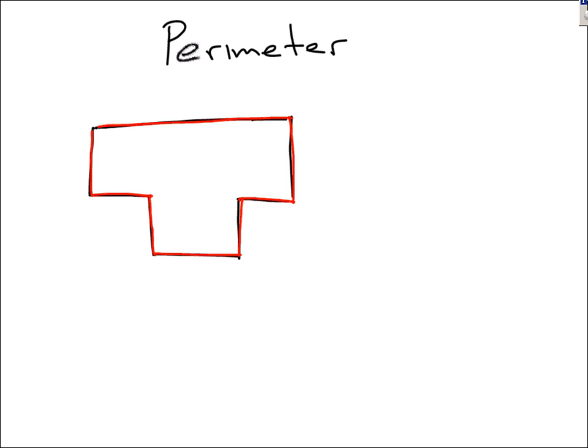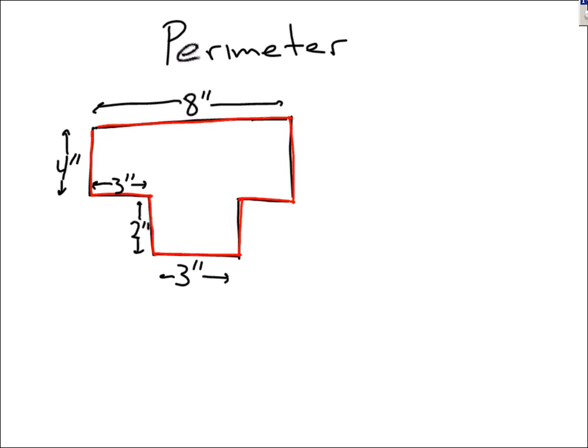And you were told, say, this distance is 8 inches, and maybe this is 4 inches, and you have 3 inches this way, and you have 2 inches up and down, and then you have 3 inches, and you also have